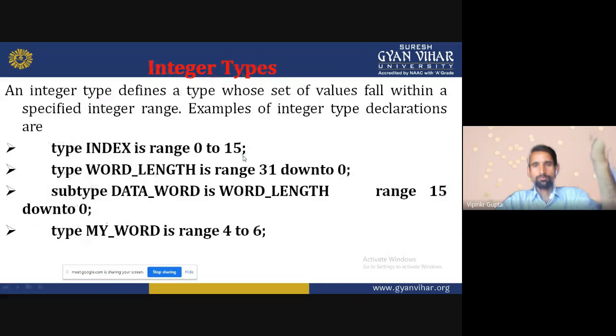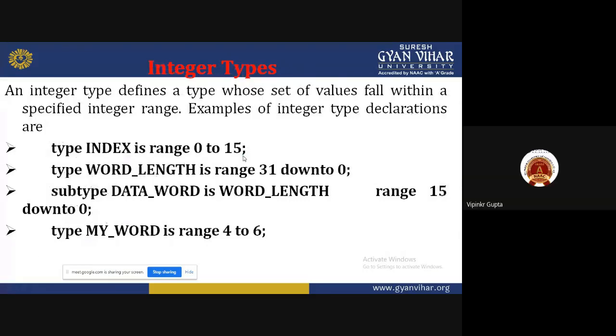First is the integer type. What is the meaning of integer type? How will we define the integer type? An integer type defines a type whose set of values falls within a specified integer range. It means when we define the type as integer type, then the values